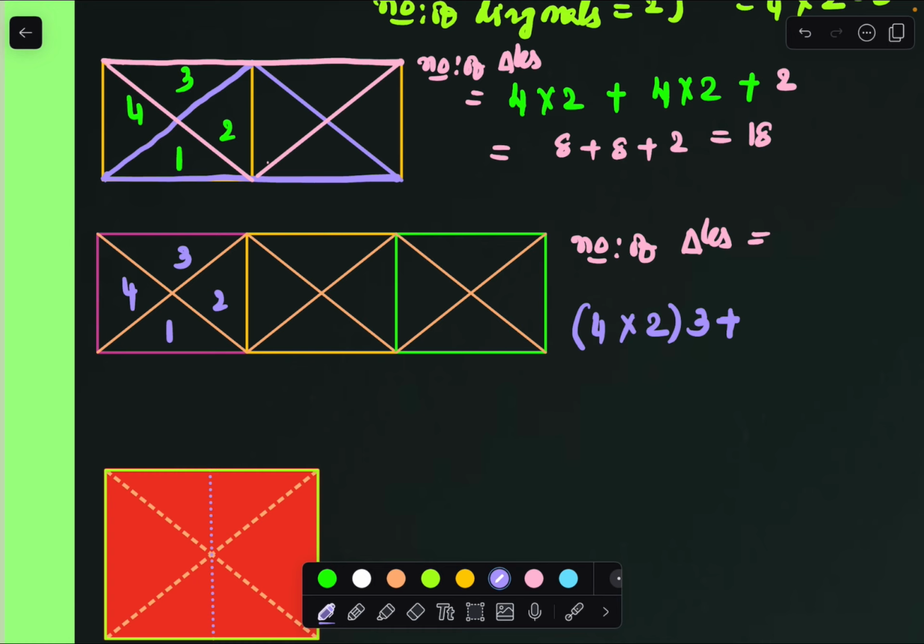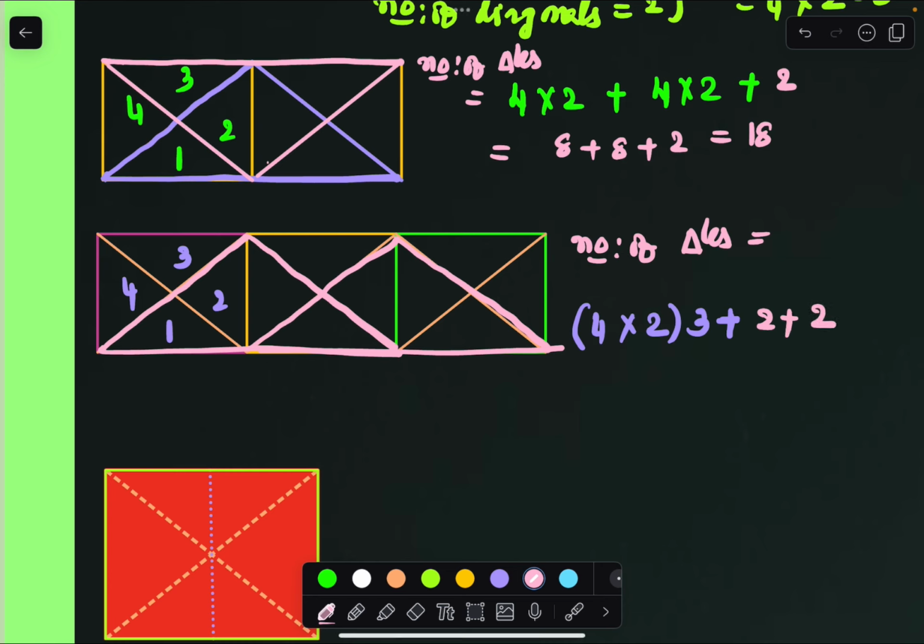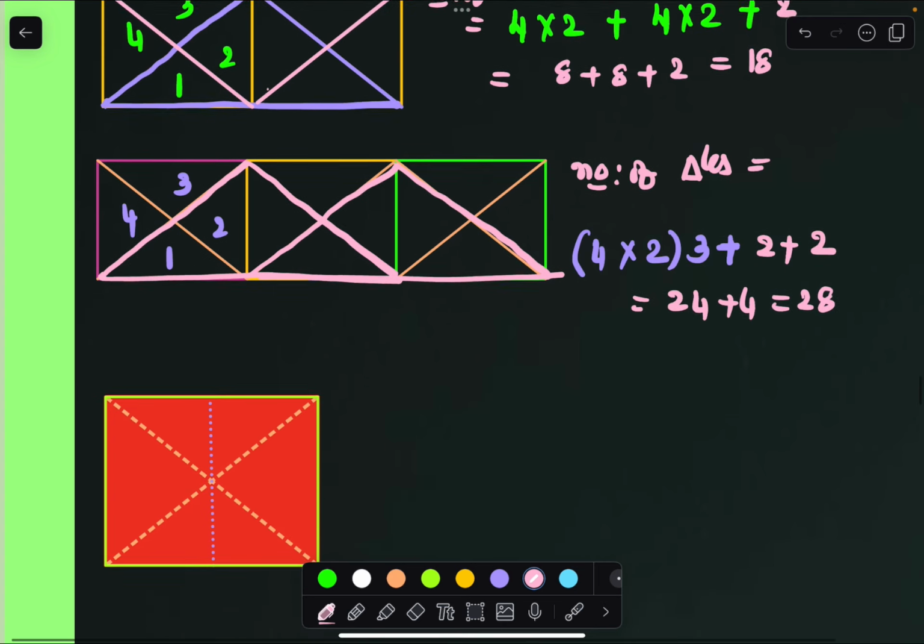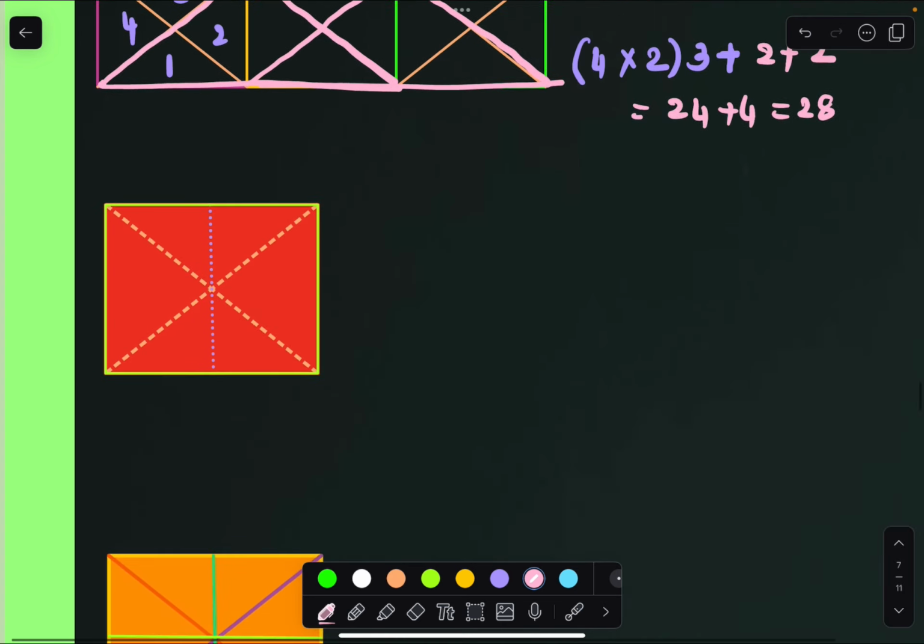Because of this attachment, by using all three figures, how many new triangles can we get here? We can check it. It is one new triangle by using these two figures, and this is one more new triangle. So two triangles top to bottom, and bottom to top also two triangles, we get 2 on. And the number of triangles totally how much? 4 into 2 is 8, 8 into 3 is 24 here, plus 4, we'll get 28 triangles in total. We can calculate the number of triangles in this figure in this way.